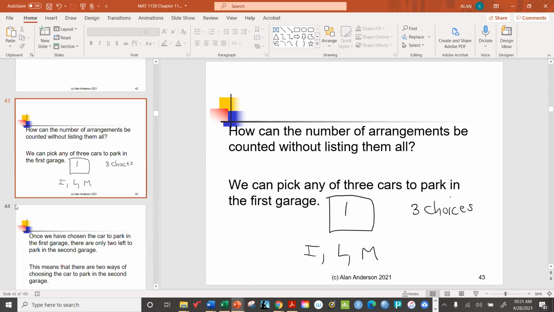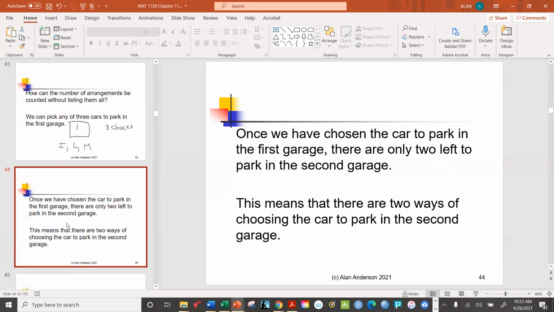All right, well, in garage number 2, one of the cars has already been taken. So let's just say that I chose to park the Infiniti there. There's only 2 cars left. And once I've made that decision, once I've chosen which car to park,